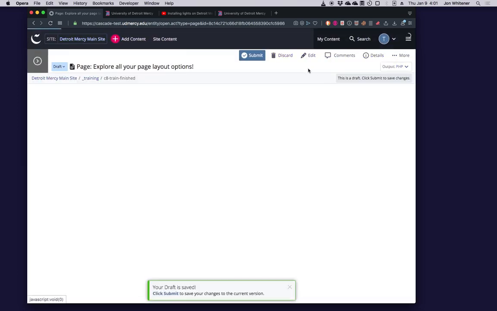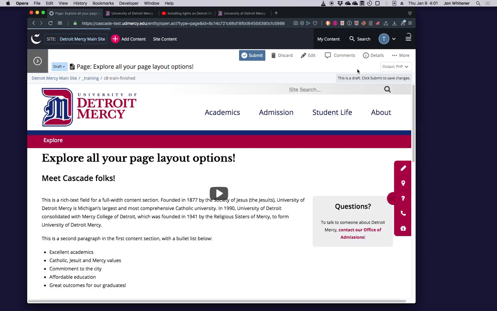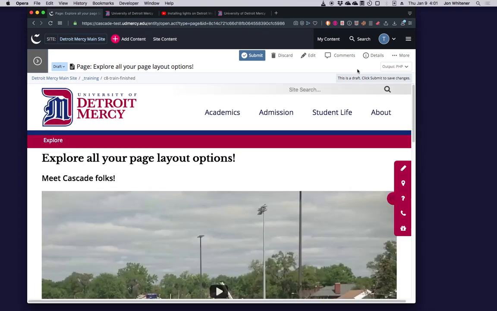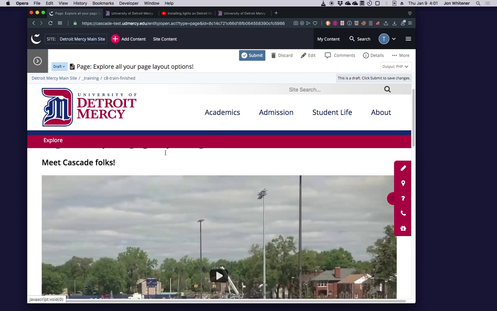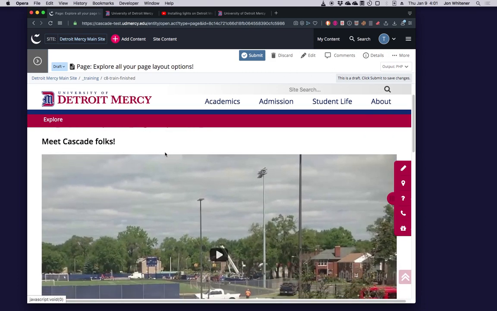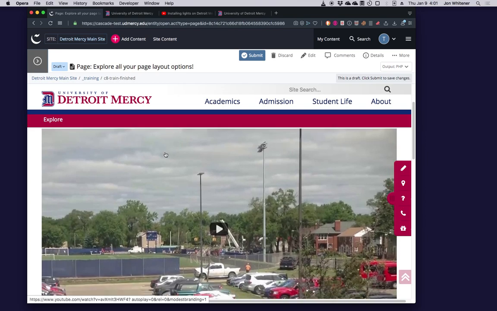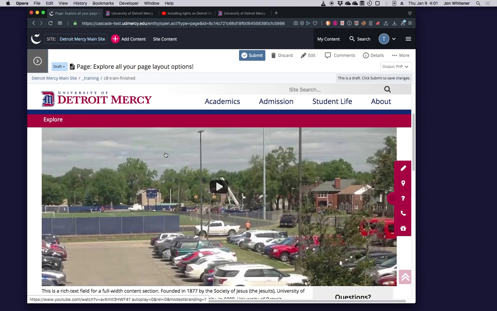And Cascade is not working super fast today, so we'll wait, say, 15 seconds for it to render the page. You'll notice in the upper right corner that you've got the spinning circle there. That's where you can look to see if Cascade is working or not. There we go. Now we have, instead of a full width image, an embedded video on this page.